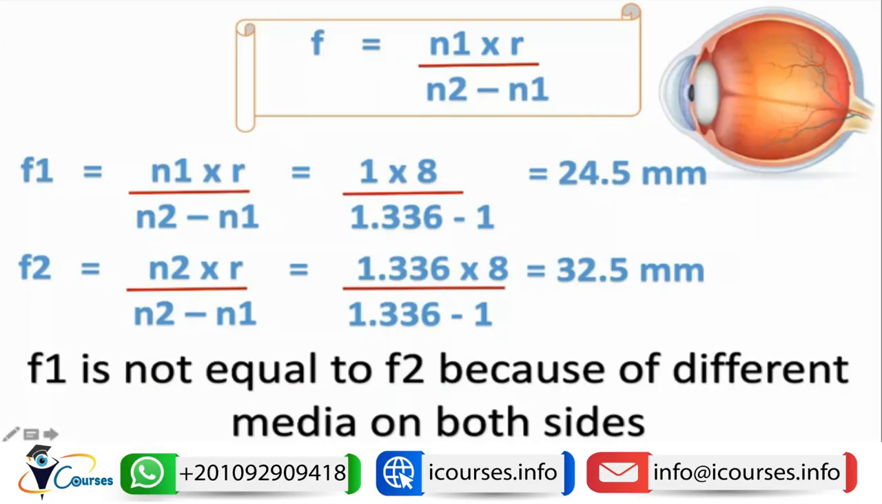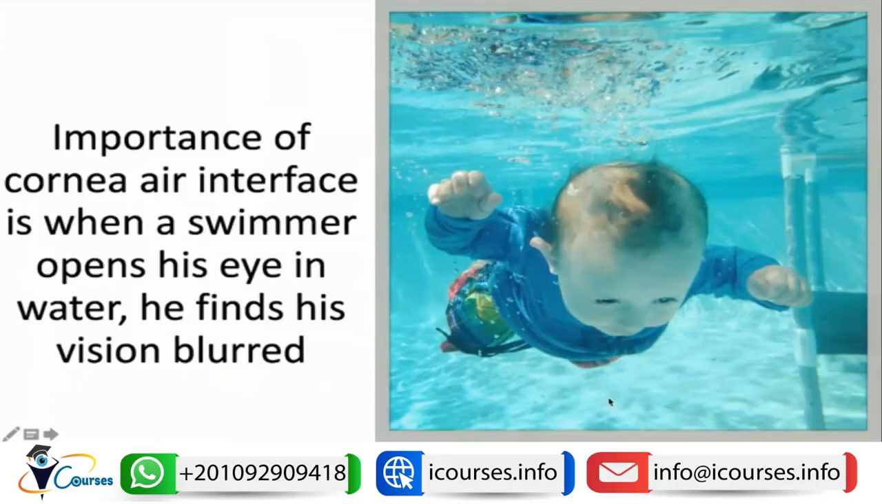In front of the cornea there will be air, which has a refractive index of 1, and behind the cornea will be the aqueous and the vitreous, which have a refractive index of 1.336. Since there is a difference in both refractive indices, there will be a difference in f1 and f2. And the clinical application of this: why do we see objects blurred